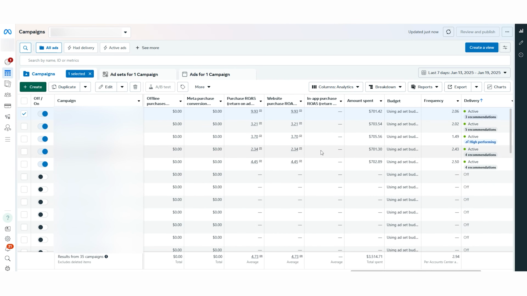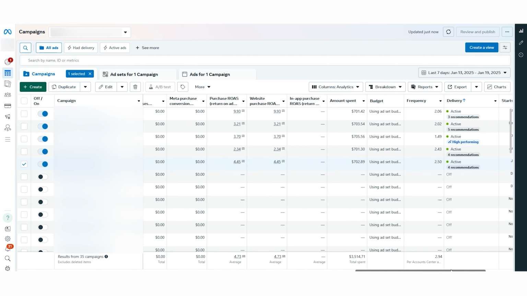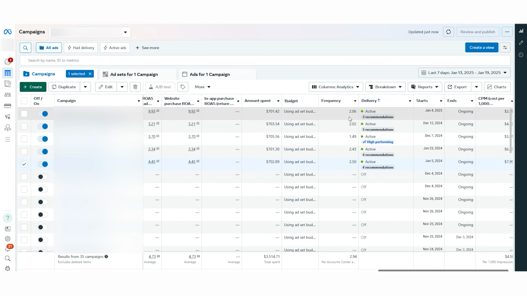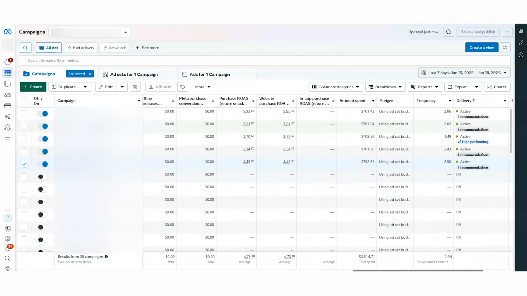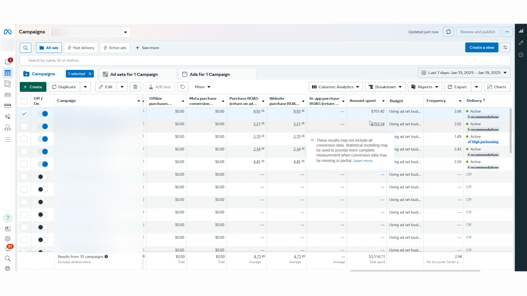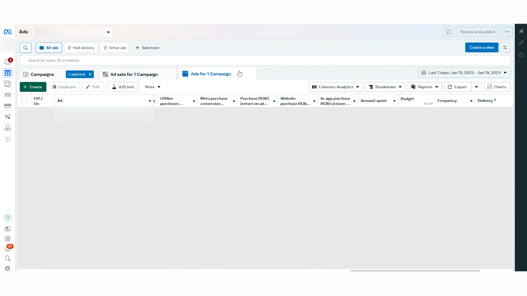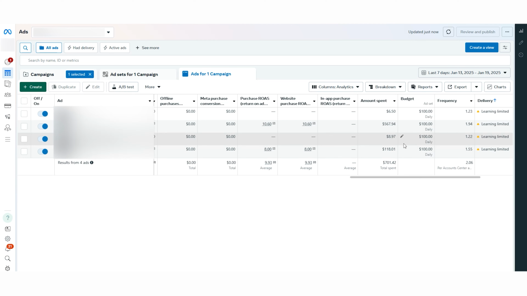Okay, and since we're talking about scaling, let's see in this account, okay? We can see that all of our campaigns are within these numbers. We have a very big average number over here. The frequency over here is on 2, nothing crazy. The CPMs are very low and this one has crazy good CPMs. What does this mean? That this one, after 7 days of spending 100 per day, even without watching, but we're going to watch together, it's also Learning Limited.